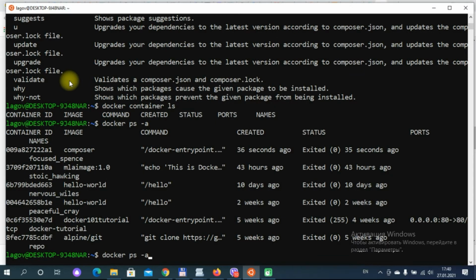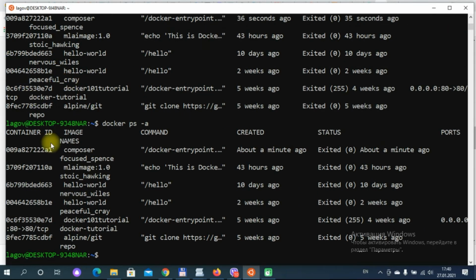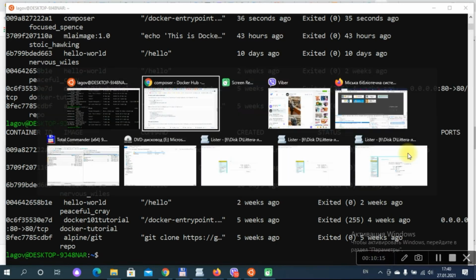docker ps. Now let's check it, and we see that the Composer is running, and it's a minute ago. It's very, very good news, and this means that, okay, so now we see that, let's go back to